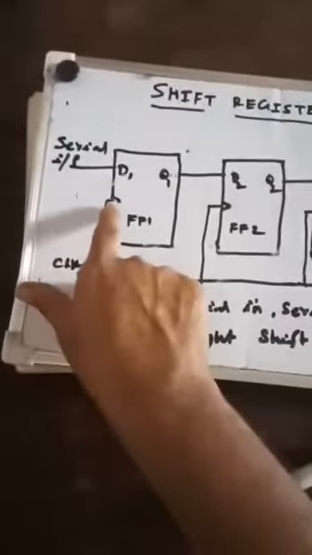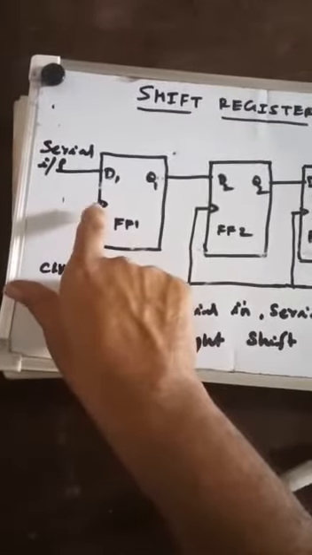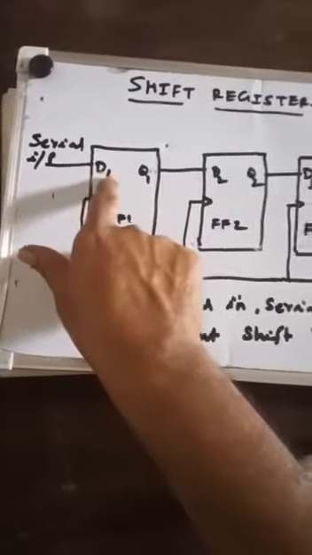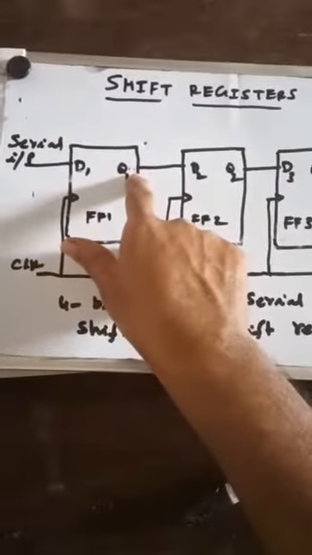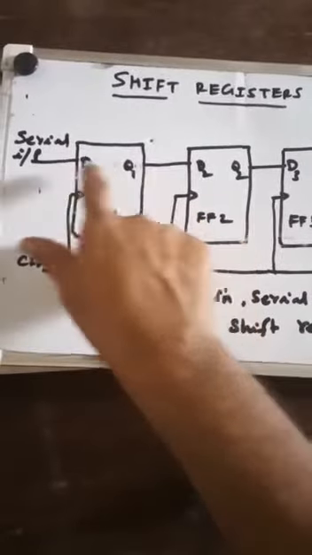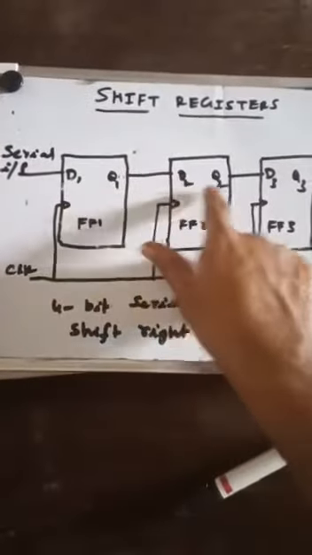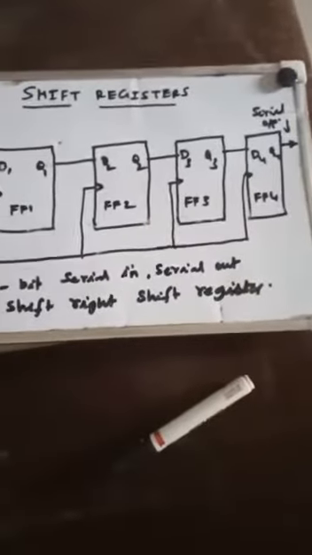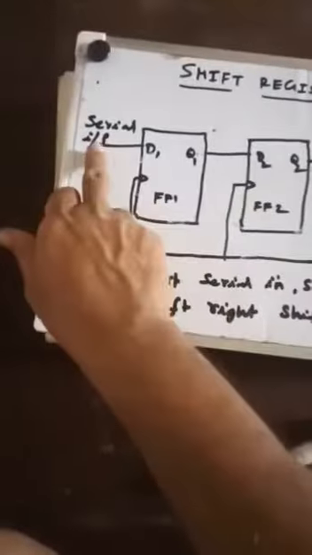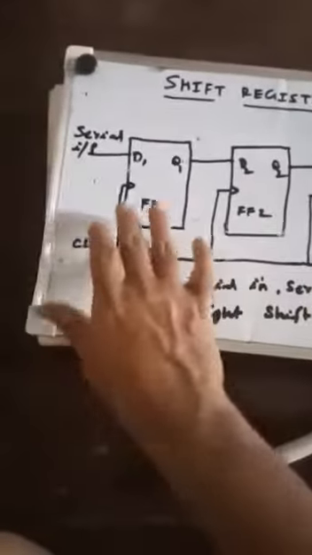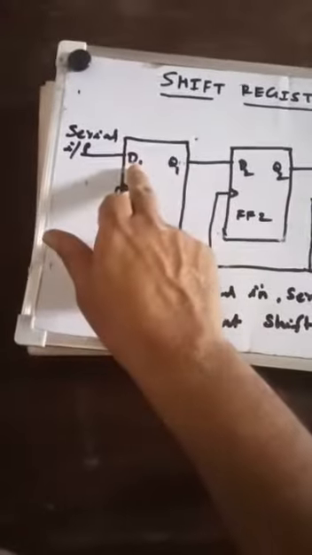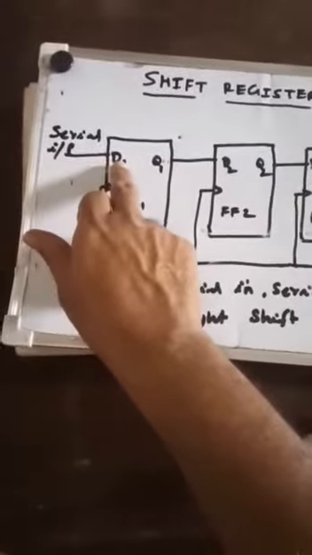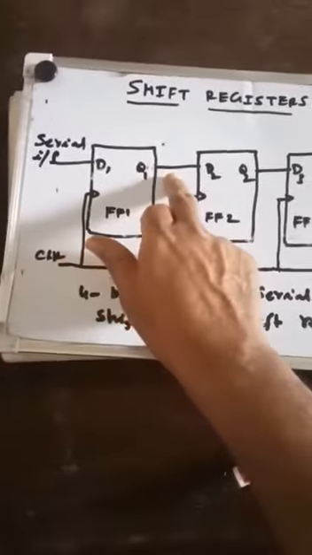If the clock is high, that is, if the clock is activated, then only the information given at D1 will be transferred to Q1. Q1 is the output of the flip flop and D1 is the input of the flip flop, and so on. We have 4 inputs and 4 outputs. The clock is always connected to all 4 flip flops. Once the clock is activated, if 1 is given to D1, Q1 becomes 1.